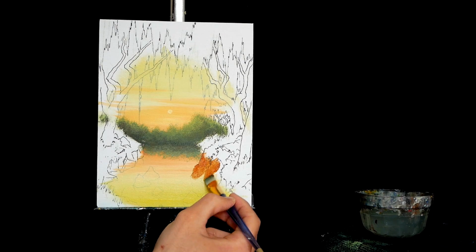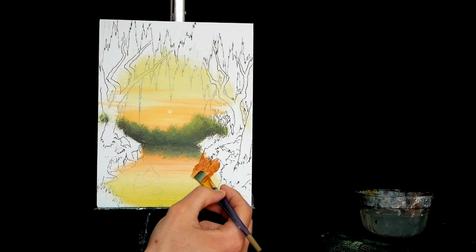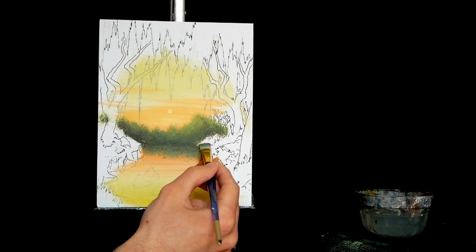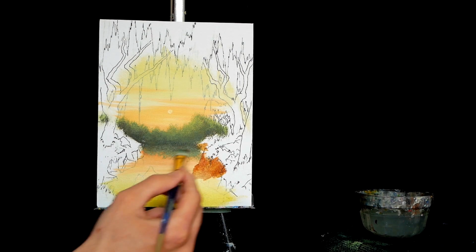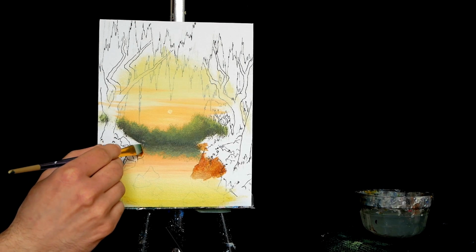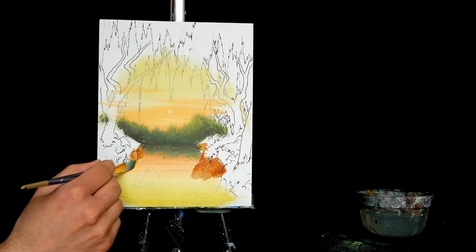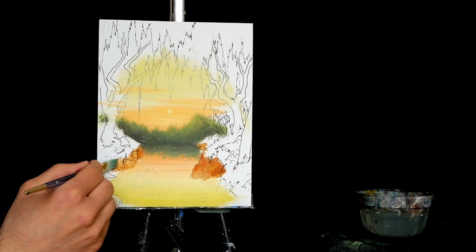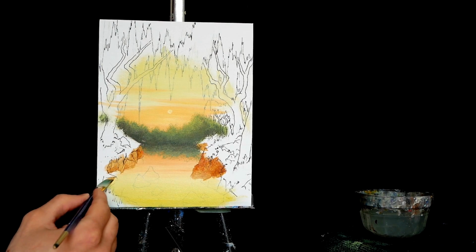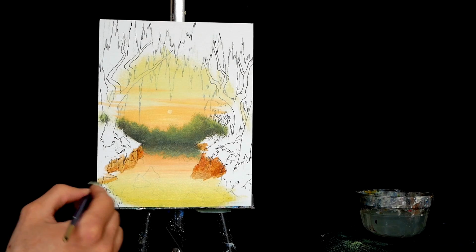Now these are going to connect our foliage on top of our land masses down into the water, and I'm just testing colors right now. I'm thinking, if the sky and the reflected light are all very yellow, very orange, what are these rocks going to look like? They're probably not just going to be a gray, they're probably not just going to be a brown, they'll probably have a lot of that